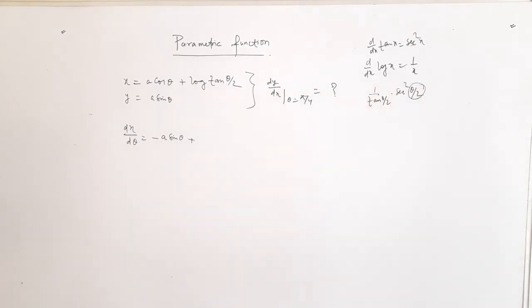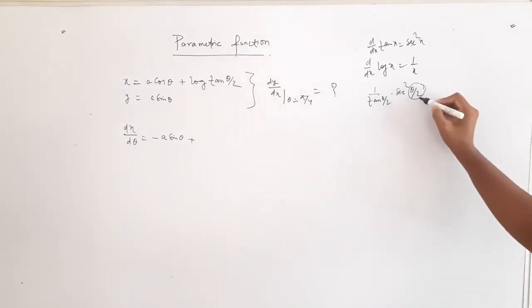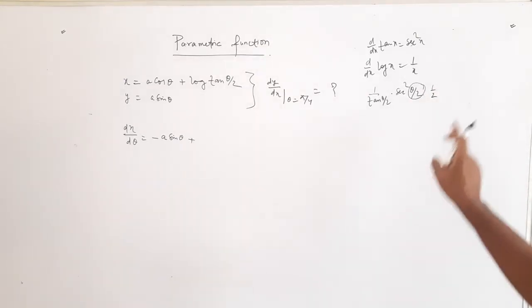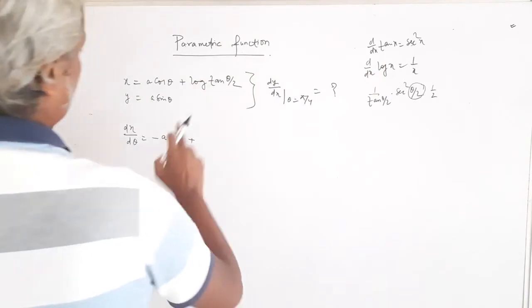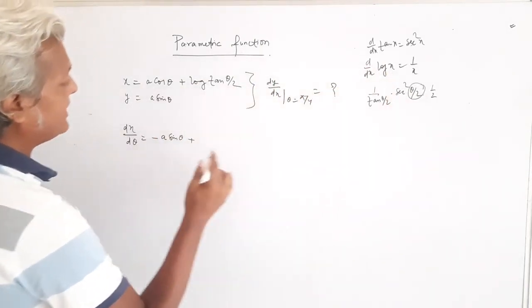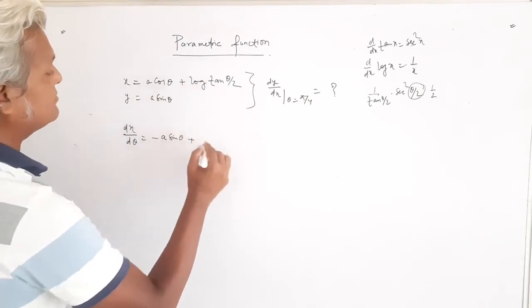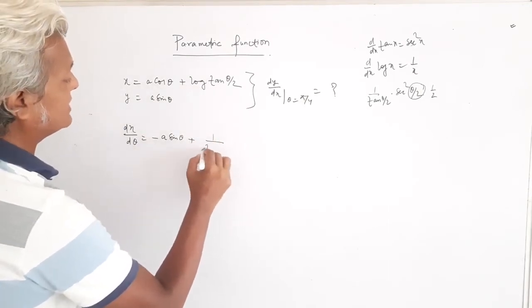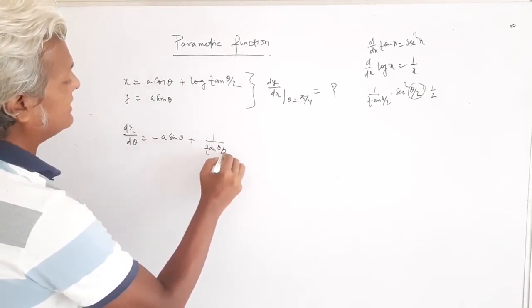Again I am not done. θ/2 needs to be differentiated again. So differentiation of θ/2 will be half. So this is what you are going to get. First I write log something. Differentiation of log x is 1 by x. So differentiation of log something is 1 by something, that is tan θ/2.